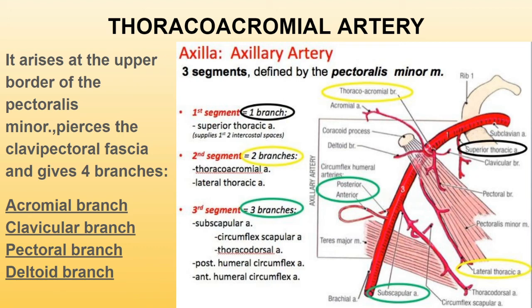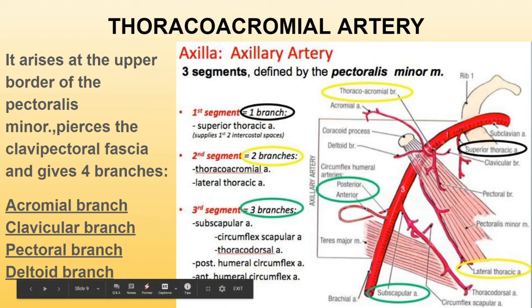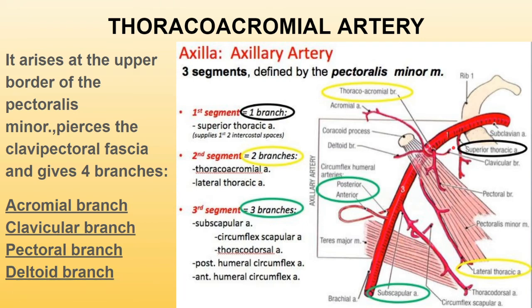Now the first branch, that is the acromial branch. This is the acromial branch, and this branch crosses the coracoid process and ends by anastomosing with the anastomosis over the scapula. Now next is the clavicular branch. This is the clavicular branch. Now this branch runs superomedially deep to the pectoralis major muscle. As you can see, this is going superomedially and runs deep to the pectoralis major muscle and ends by supplying, remember, two things, that is the sternoclavicular joint and the subclavius muscle.